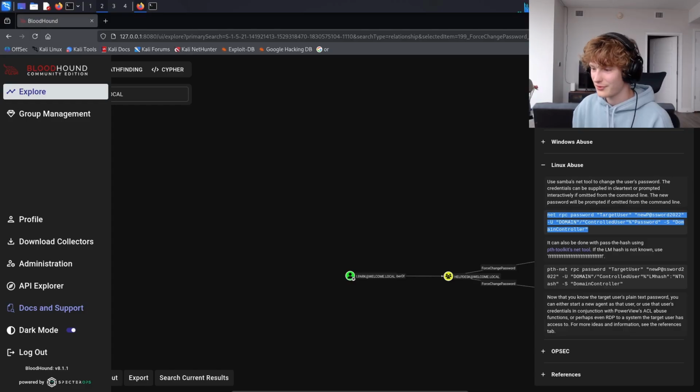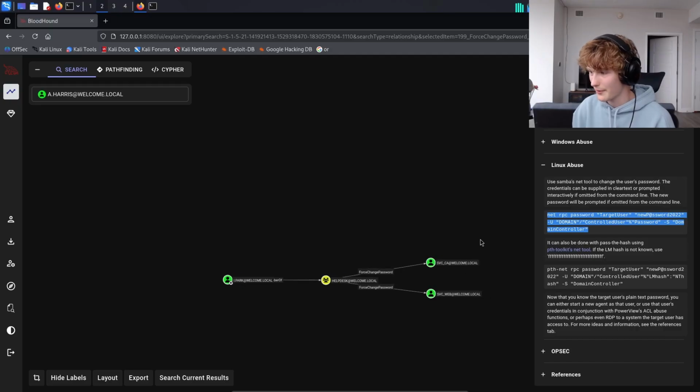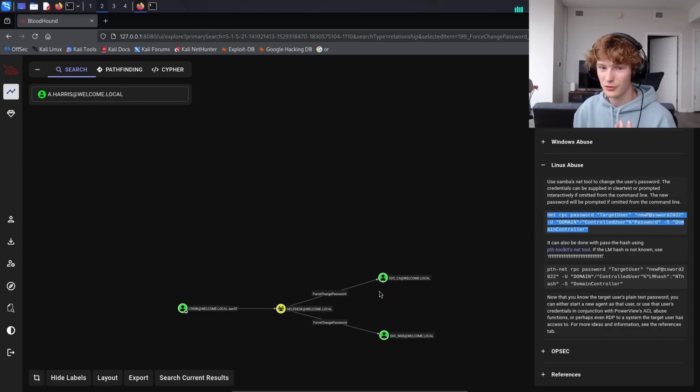And then, of course, having ForceChangePassword on your service accounts, probably not great. You probably want a more organized way of controlling service account passwords, and maybe a just-in-time protocol, so ensuring that service accounts can only be used in a certain time period and nothing else. And then, of course, the last thing that we just went over is the certificate authority and certificate services exploitation,